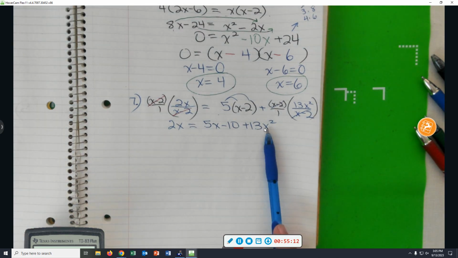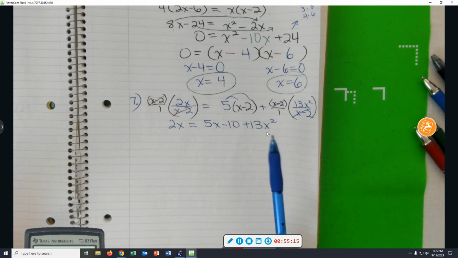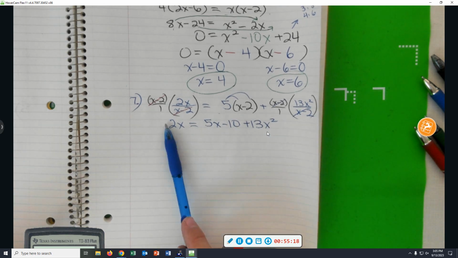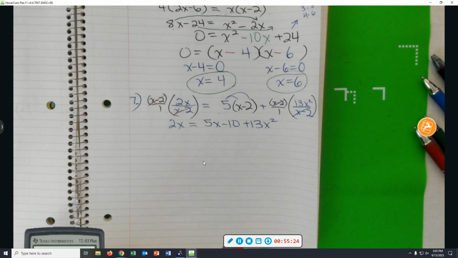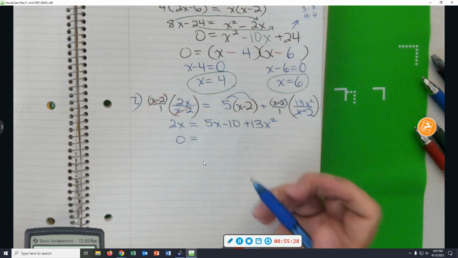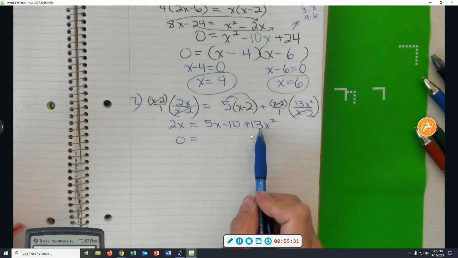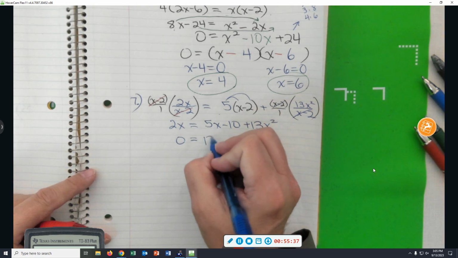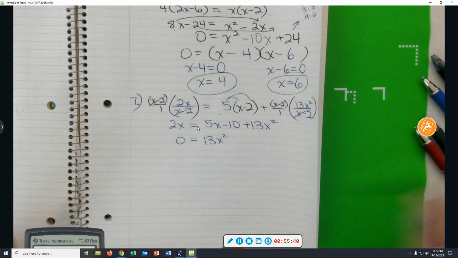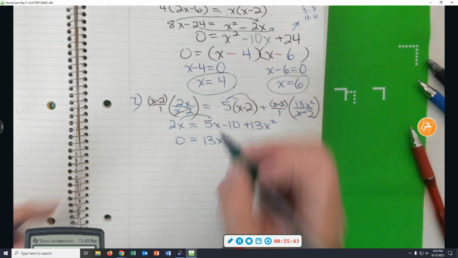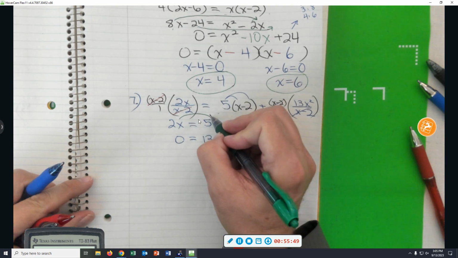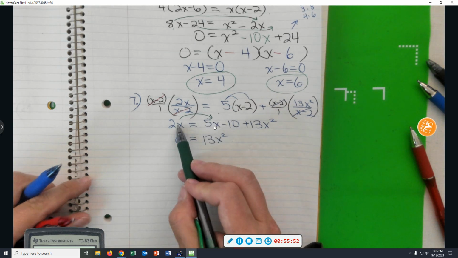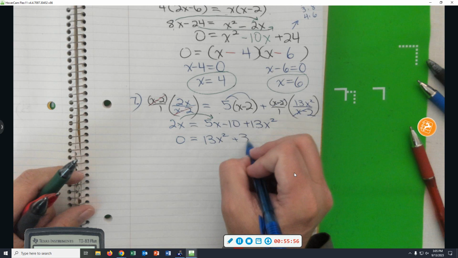And it's quadratic. We're going to have to get a 0 on one side. What do y'all think? Am I going to move this stuff on the right to the left? Move the 2x over there. Get the 0 here on the left side. So we have 0 equals. And the reason we're doing that is because we want that number in front of x squared to stay positive. So you have a positive 13x squared. Subtract your 2x. What's that going to give me here? 5x minus 2x gives me, okay, and I still have,